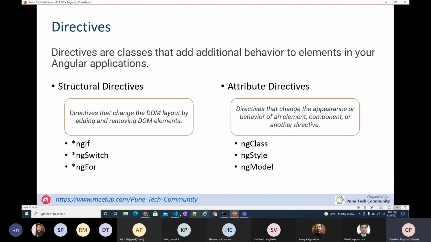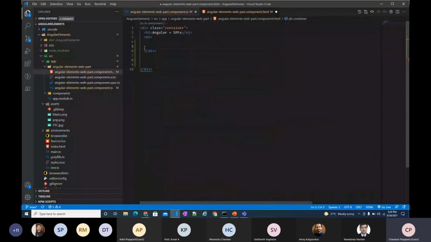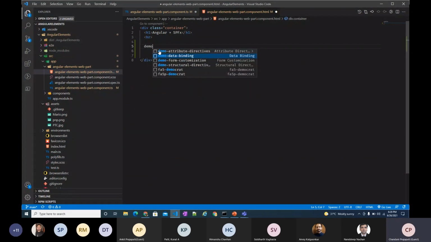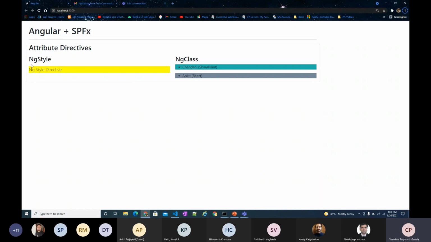So let's see how we can use this. Okay, attribute directives. Here, with ngStyle, we can directly add inline CSS.